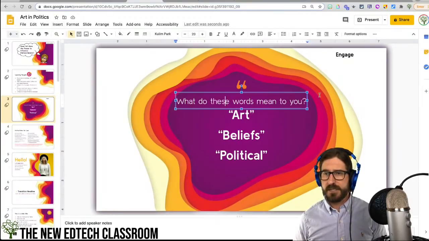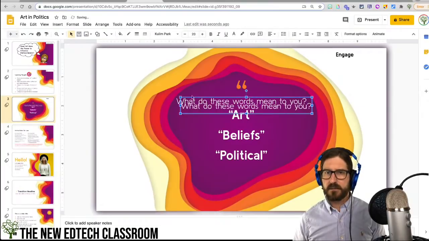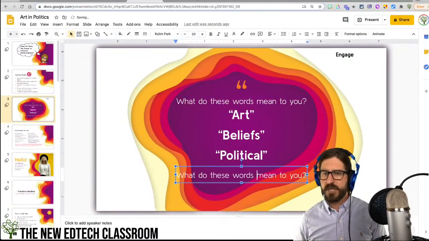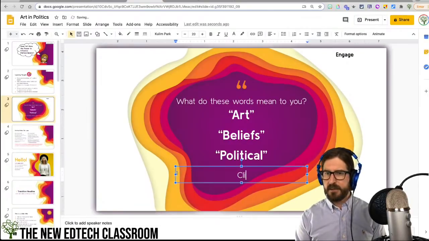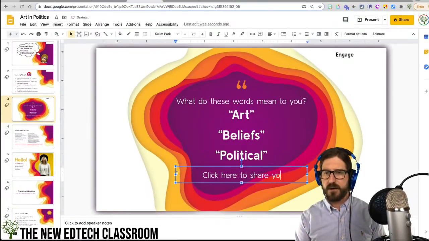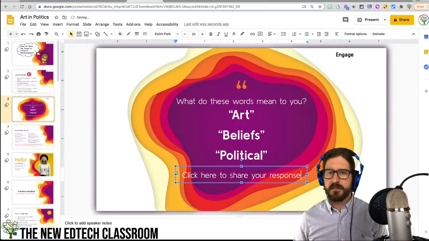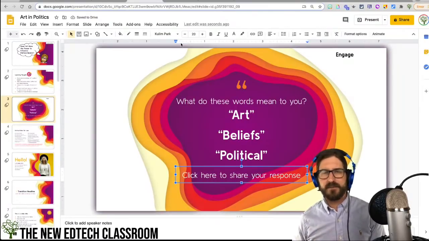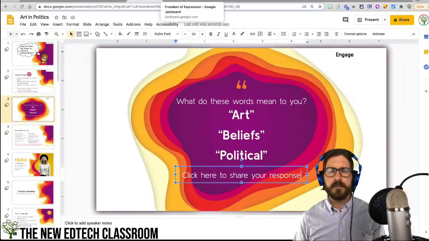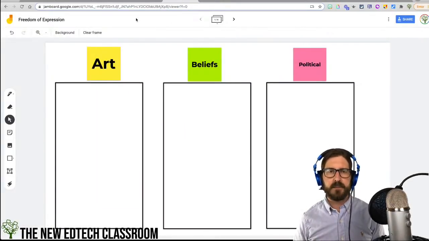So what I'll do here is just add another box. So I'm going to copy this, paste this below, and make sure it's center aligned. And then I'm going to change this to say, click here to share your response. And I'm not going to, if I did all this, this would take forever, but what I did here is I created a Jamboard, very basic. I just added some sticky notes with the words, and then I used the shapes tool here to bring in some boxes,